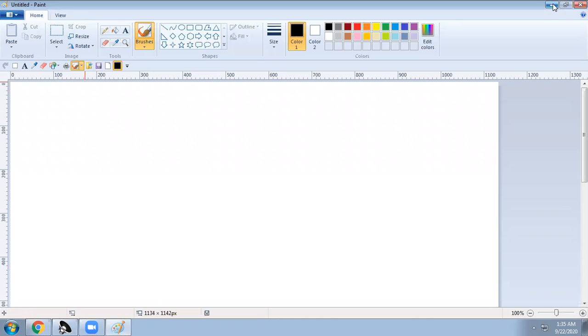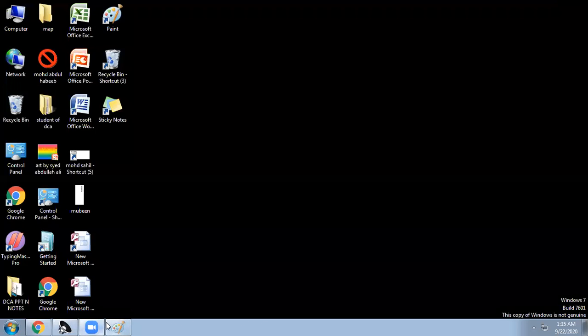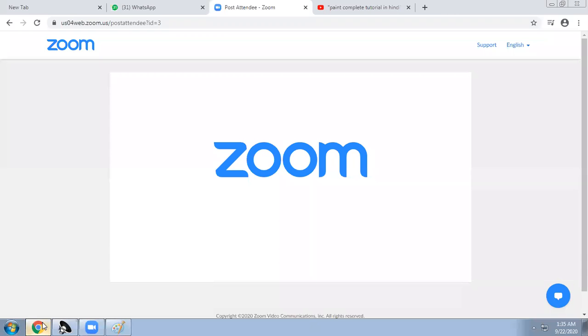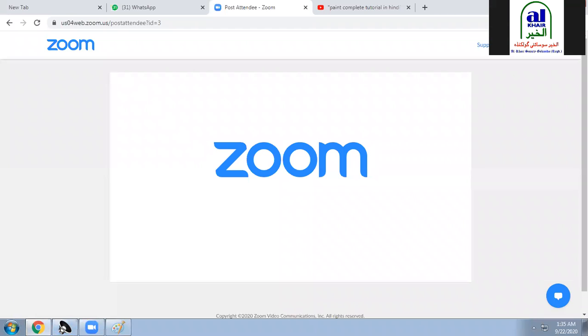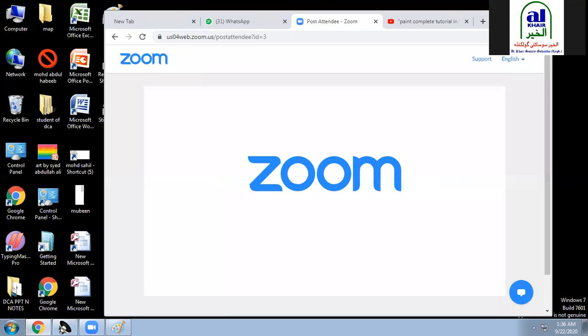From here you can minimize like this, and from the downside you can maximize. Here you can close it or resize it into a different size.